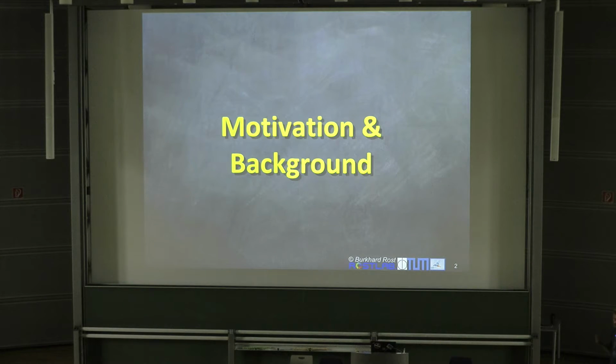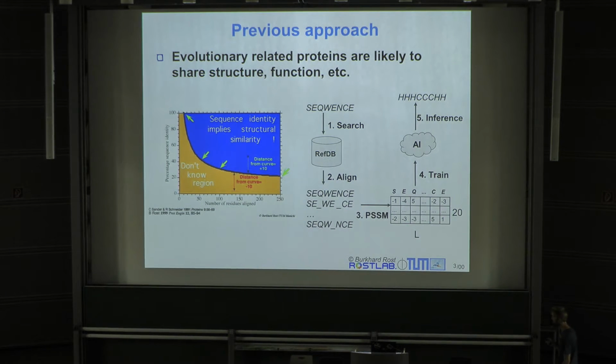So first of all, a short introduction regarding the motivation and the background, how we actually came to the point that we would like to use a different vector representation than it was used for the last 20 years. First of all, I think you know already this figure on the left over here. It just boils down to the fact that proteins which share a certain sequence similarity also share structural similarity, and this structural similarity also always implies functional similarity,